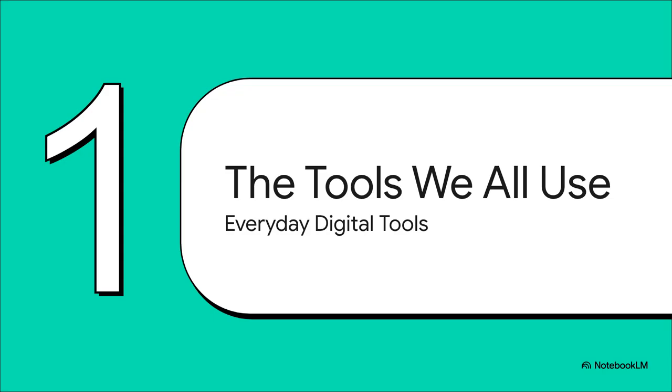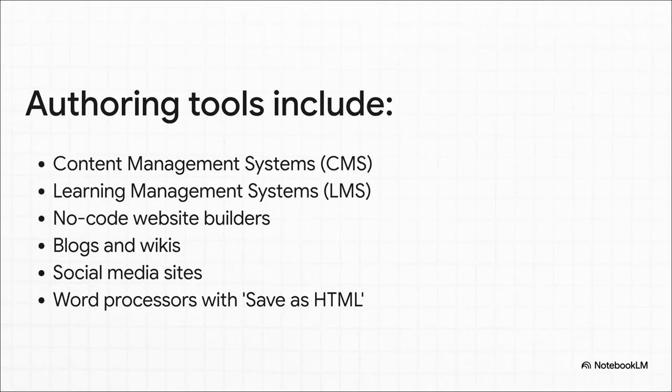Now you might be thinking these are niche problems in some weird specialized software, right? No. These issues with Martin and Arun, they're happening in the kinds of digital tools that millions of us are using every single day to create pretty much everything on the web. The fancy term for all this stuff is authoring tools, but really, it's probably a lot of things you use without even thinking about it.